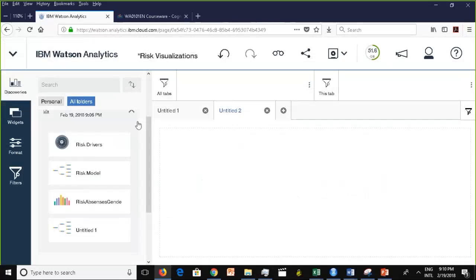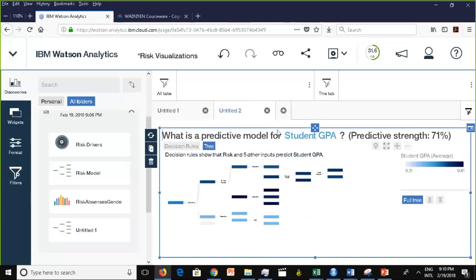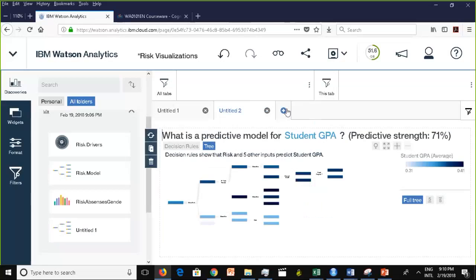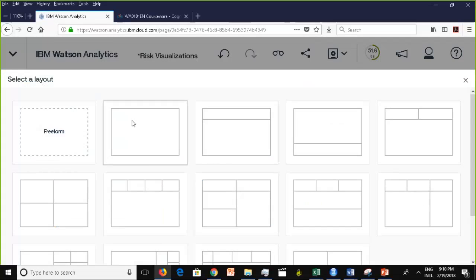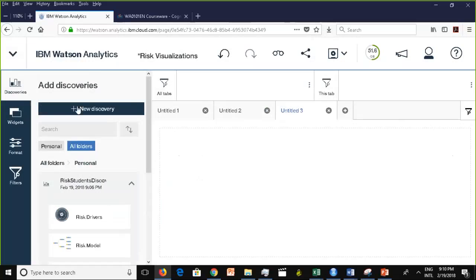I like this. And let me drag and drop these three here. Right? So I've got what, two tabs now, right? I'm going to add another tab. And on this one, I'm going to create visualization on the fly. Right? To do that, what I do is I click New Discovery,